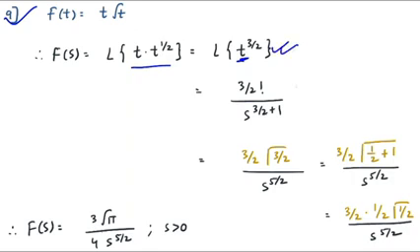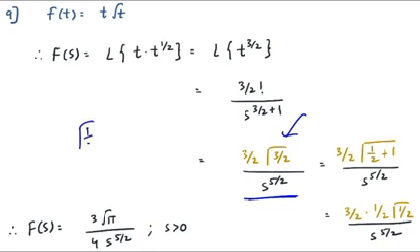I will take the Laplace, which is 3 by 2 factorial upon s raised to 3 by 2 plus 1. But what to do with this part? And you have seen in the previous question only that n factorial can be written as n gamma n. So it might be simplified as 3 by 2 gamma 3 by 2. So up till now you have solved it right, but this is the half solution. You have not simplified the answer completely, because what about this gamma 3 by 2? You can go further, but how to do that? You only know that gamma half is equal to root pi, but you don't know what is gamma 3 by 2. For that you should know some relationship.